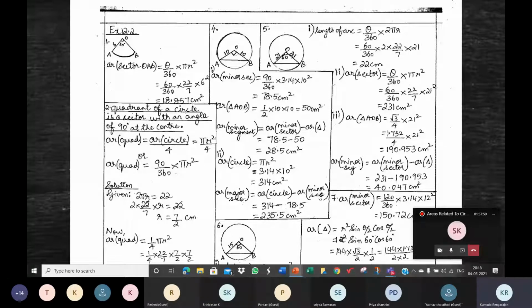Let's just wait for the others. 152, ma'am. Okay, 152. Others, calculate. All of you can do it. Major sector. First, identify that figure. How does the major sector look? Draw that alone. What do you see on the boundary of the major sector? Find their lengths and add. That's all it is. A sector is a region bounded by 2 radii and 1 arc.